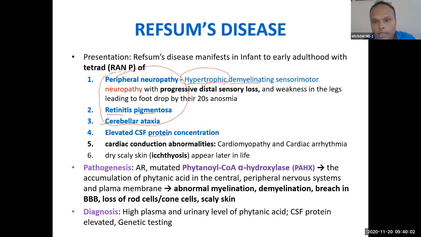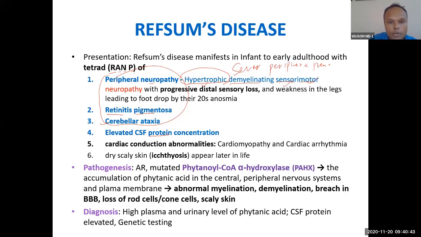Hypertrophic demyelinating, sensory motor. So sensation will also be gone, and in the motor system, flexing your hand and wrist will be dropped. You can see wrist drop and foot drop. That will happen because of loss of tone in your muscle. So motor is also lost, and the sensory neuron also has a problem. Sensorimotor neuropathy. Hearing loss can be there. Anosmia can be there. These are all related to severe peripheral neuropathy. This is a very important finding.